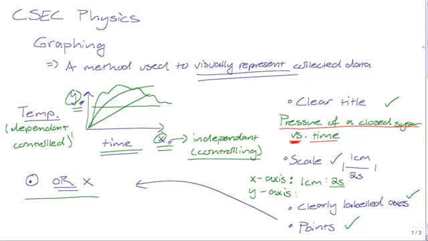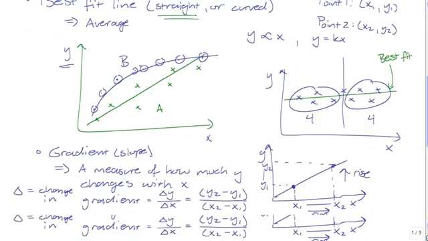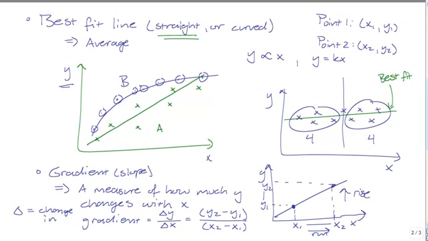In previous videos we discussed what a graph is, the essentials that a graph needs to have, and we also discussed some of the information that you can get from a graph. We ended talking about the best fit line, the line that is the best fit of your data. The best fit line can be straight or curved usually, but most graphs that you'll plot will be straight line graphs. Once you plotted your best fit line, you can determine the gradient of the line, or the slope of